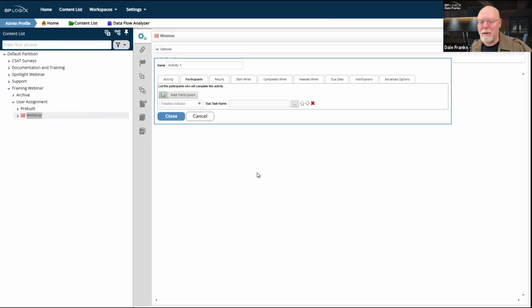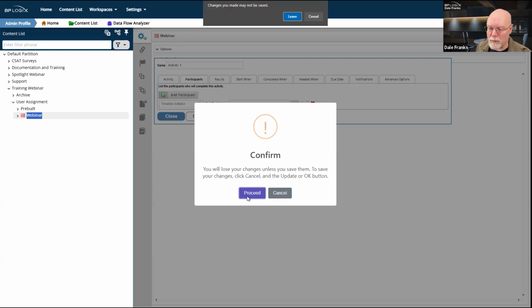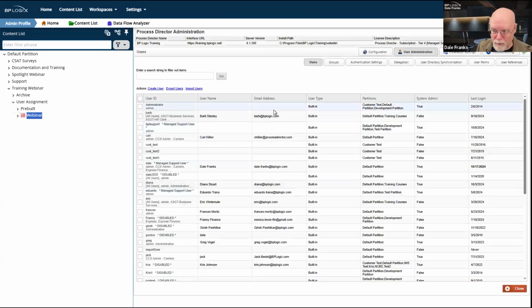So let's say I have a timeline initiator. They have submitted this process timeline. Now, assuming that inside the settings of their user administration, so this will work for me because I have it set up.